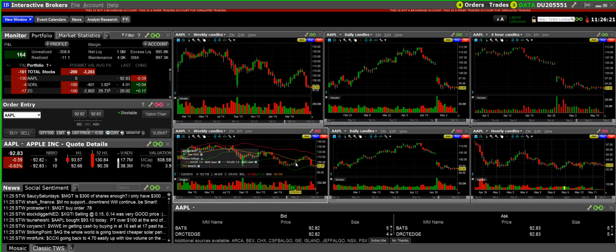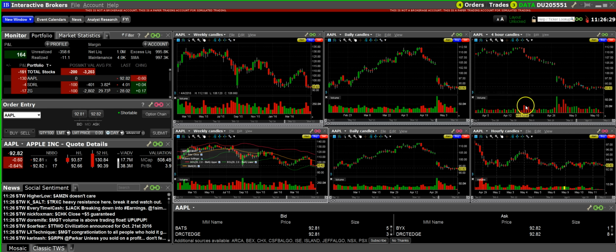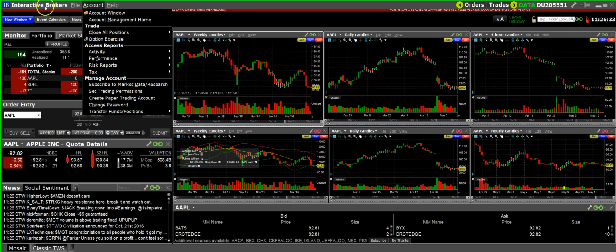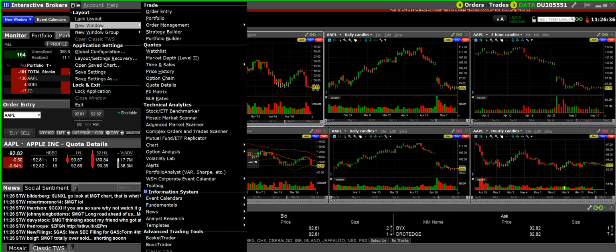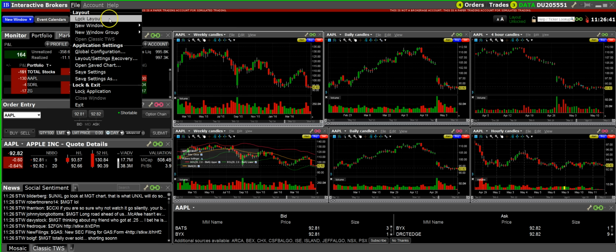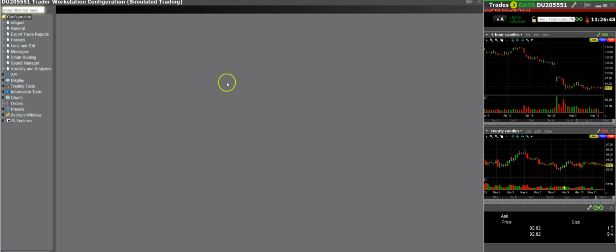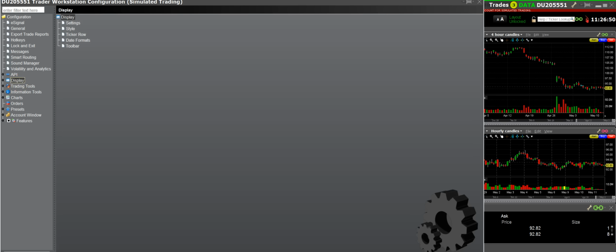I will do a video on how to change the colors because this is a simulator platform. My personal platform looks much different, and I think it's a lot more attractive. I like changing the colors, and I guess I'll show you guys how to do that really quick, because if you don't want to be psychologically triggered by the green and the red candlesticks, you can go to global configuration, and here you'll find pretty much all of the editing options you guys have. So let's go click on charts right here,